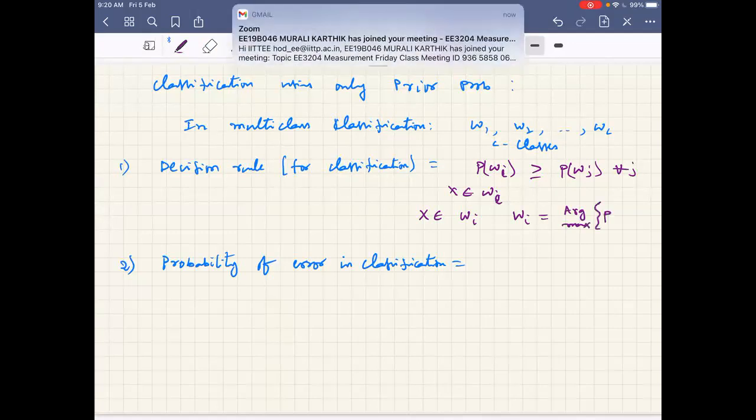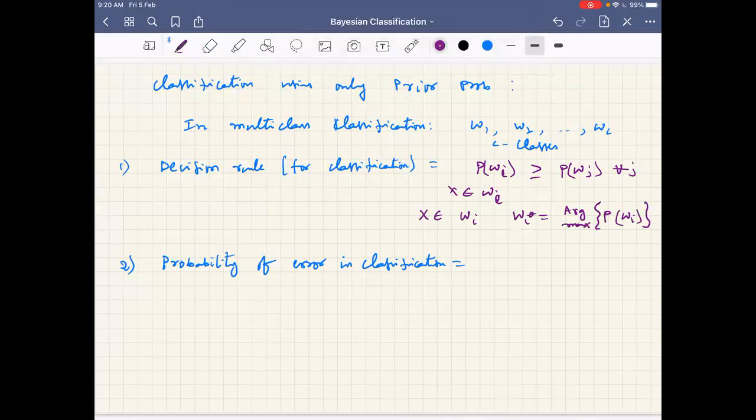This notation, you people remember? I star. So say arg max, i star. What is this i star? I star is the argument or the class label. Our omega i itself is the class label, so I can write omega i star. Omega i is say second class, third class, whatever the class label is. And arg max is applied on probability. That means I'm finding the maximum among the class probabilities, the a priori probabilities, and whichever class has the highest, that i star, X belongs to omega i star. Is this notation also clear?